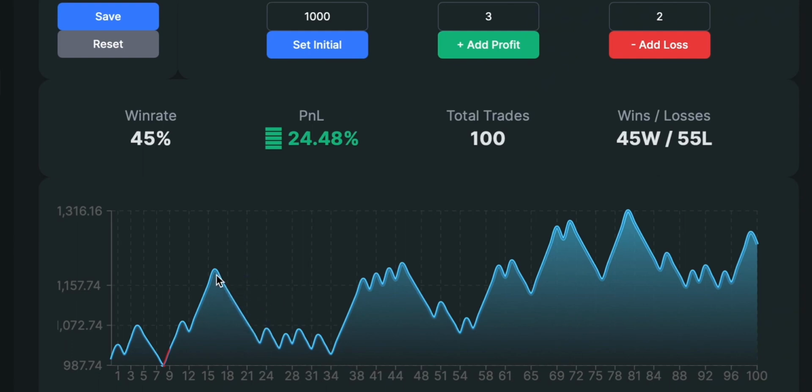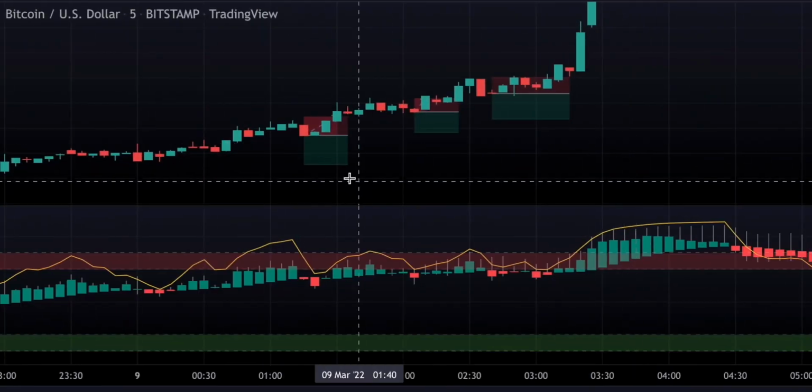Imagine if you had started trading somewhere here. You would have had all these losses and it would be so hard for you to recover after these losses, if not impossible. So let's actually add that secret tool to our chart and see how we can improve our win rate. But before we do that, I just want to show you all these losing trades we had with